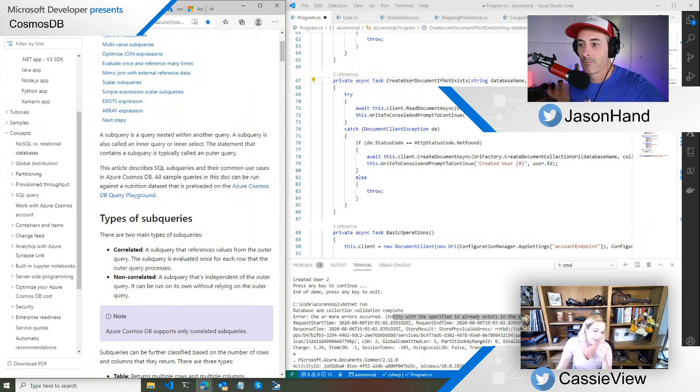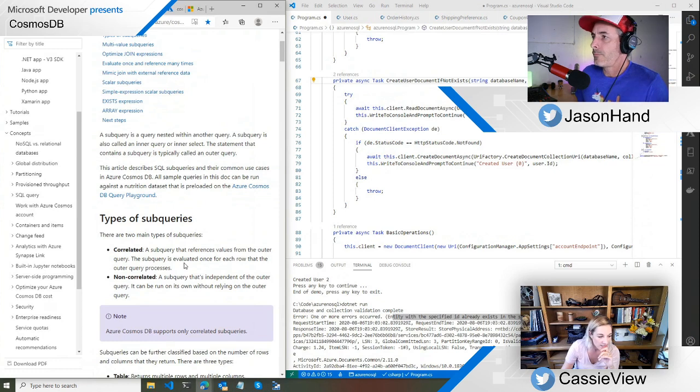Oh, like a rollback transaction. I see. Okay, now I know what you're talking about, but I don't know that you can do that. I used that a lot when I was working with complex queries. It's where you create a transaction and then you can decide if you want to commit it or not. Is that what he's talking about? So if I do a query to delete or change something, and I do it wrong and it's going to screw up the database, I want to be able to roll that back.